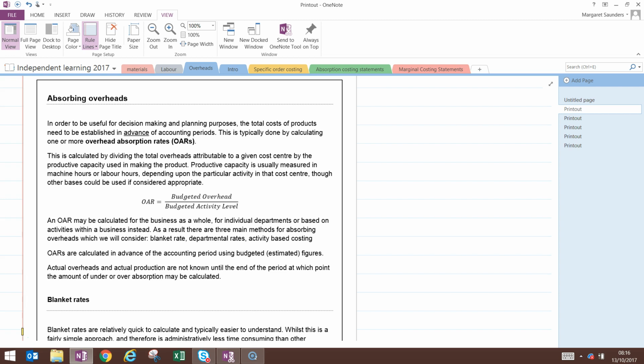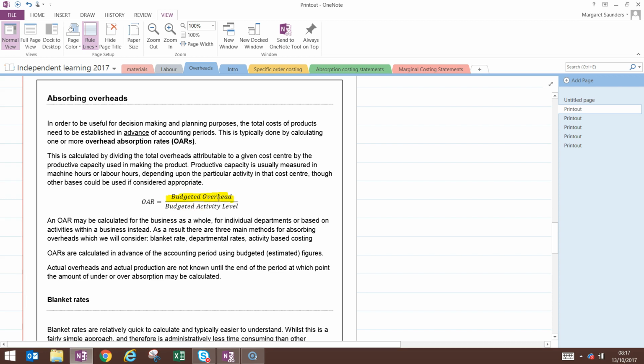So we need to work out our overhead absorption rates before we start producing or providing the service. And therefore, we have to work them out on budgeted or estimated figures, exactly as we did in the example with Adam and Bernard. So overhead absorption rates are always calculated taking the budgeted overhead